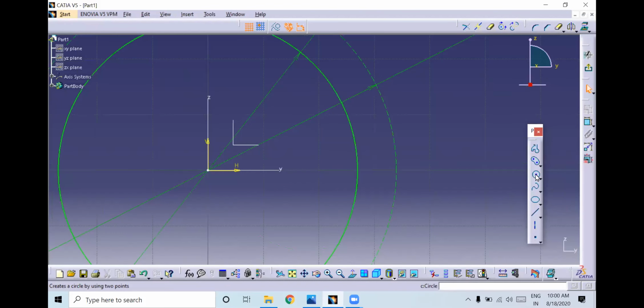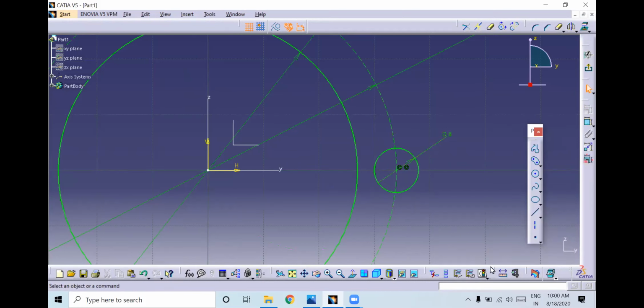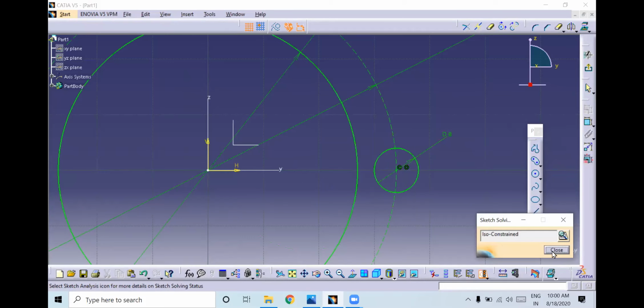So I will select this circle. Here both are highlighting, this circle and the axis. If both are highlighted and you create it, it will remain constant. The only thing is you need to give the dia, 8 dia. Now it has been constrained. Check it.